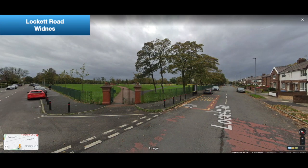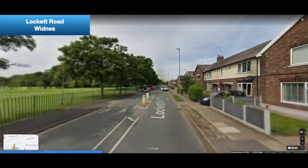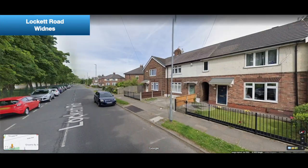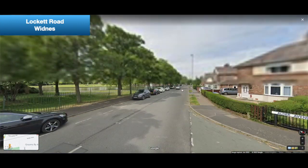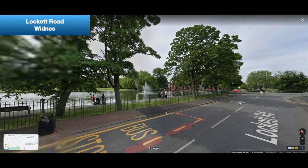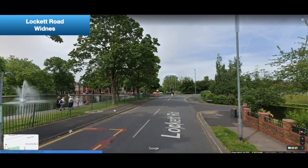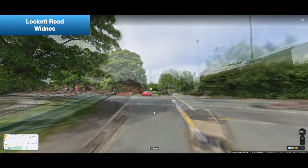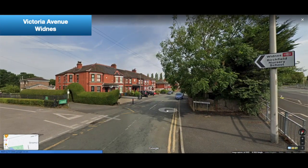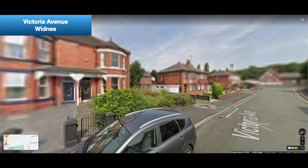On your left here is Victoria Park, or as we like to call it, Vicky Park. There's surprisingly quite a few facilities there other than your swings and roundabouts. There's a cafe there, a butterfly garden, and if you look to your left a little bit there is a lake with a fountain. Unfortunately the ASBOs like to cause a bit of trouble there, and a few of them have shot swans with their crossbows or BB guns. Seriously, those people need to be shot with a BB gun themselves and see how they like it. Anyway, I haven't got time to rip into them because I'm going to give you a history lesson,